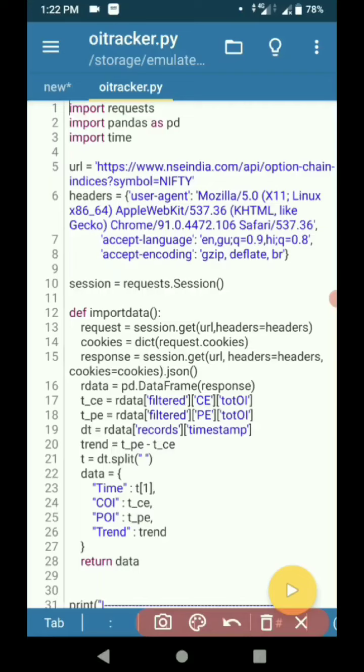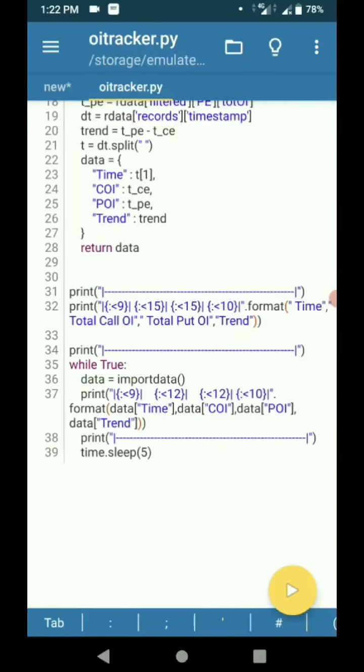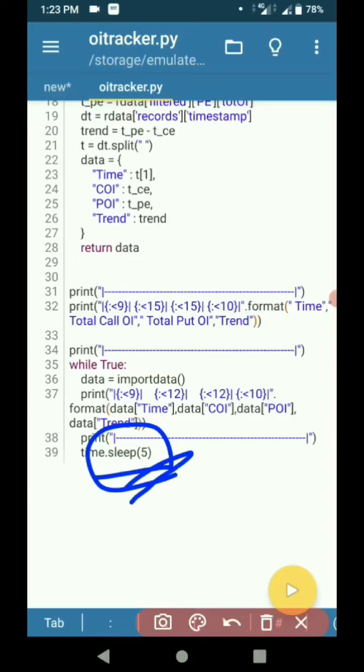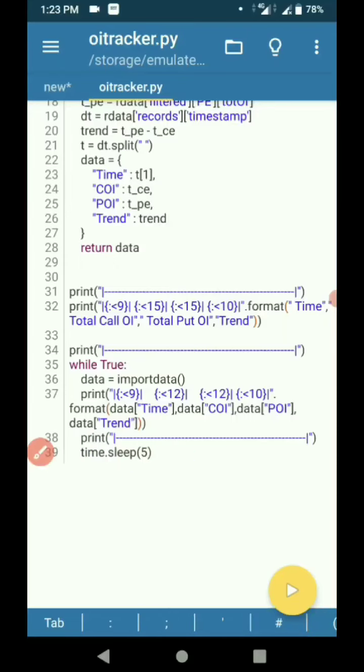So look at here, the URL, it is a Nifty option chain URL. Here I am just importing the option chain data for Nifty, and look at how often we collect the data. Look at here, 5 seconds, because of this video's purpose. Otherwise we would have to wait a lot of time. If I take 5 minutes or 3 minutes, then we have to wait that long for the next data. So I am taking 5 seconds for this video only. So let me run the file and let's see the output.